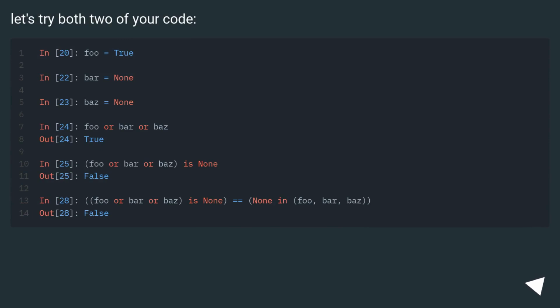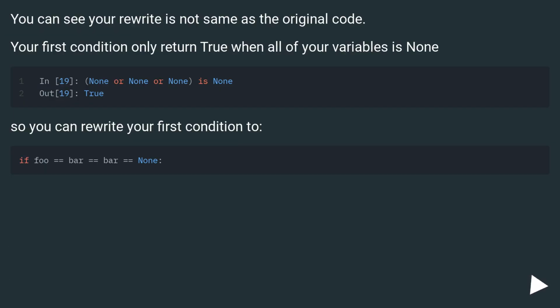Let's try both of your code versions. You can see your rewrite is not the same as the original code. Your first condition only returns true when all of your variables are None. So you can rewrite your first condition to